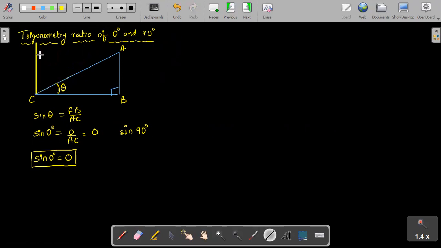So when I'm making it 90 degree, what will happen? This line will connect to this. This becomes a 90 degree. This is point A only. It's not changing, right? That same A, it came here. From here, that line came here. Okay. Now, can you use the formula for sine 90? What it will be?